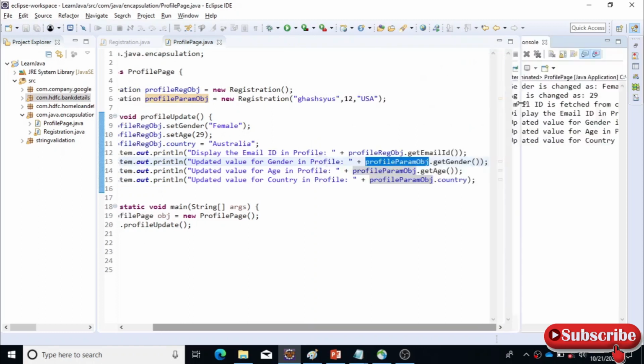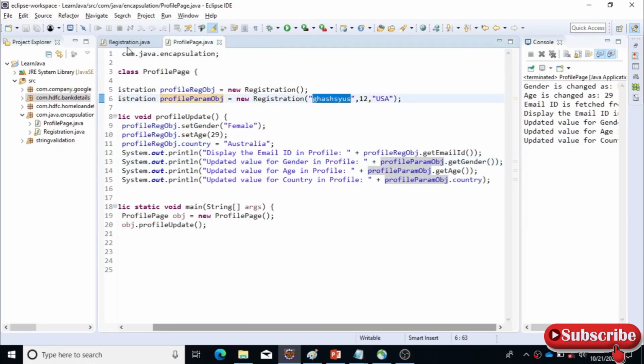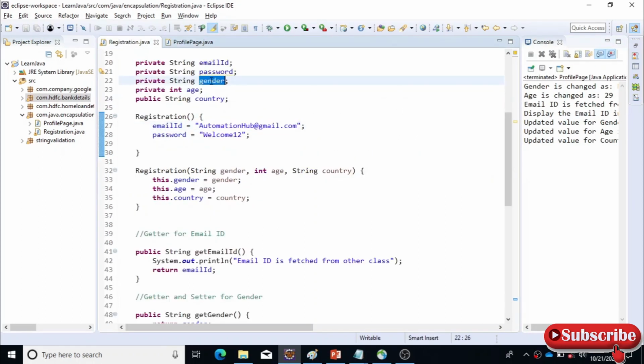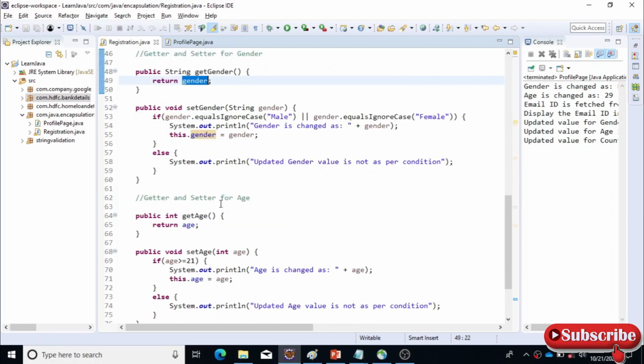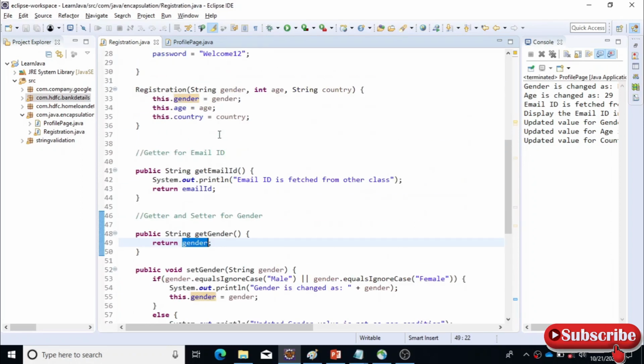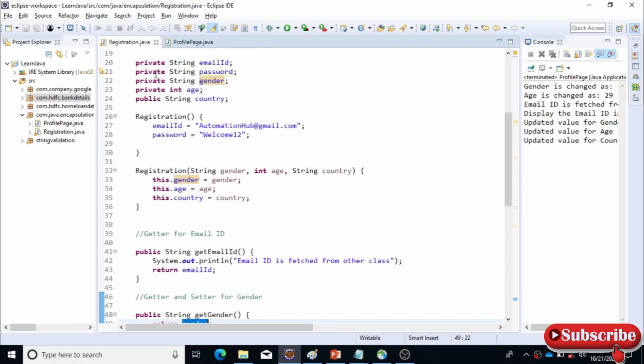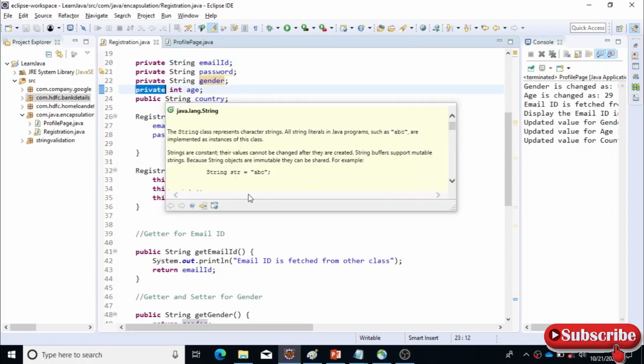See? Nothing else will happen. This value will get set to this instance variable, to all these instance variables, using the parameterized constructor. And when you call the getters method, it just returns the value from the instance variable. Okay. So that's what is happening here. You can use either the setters method or the parameterized constructor for setting the value of a private or public variable. Okay, that's how we can do it.